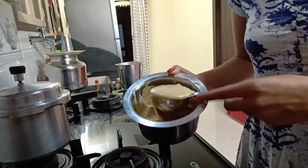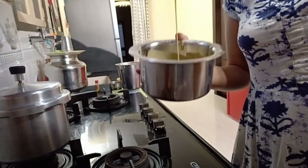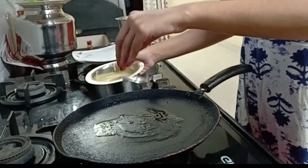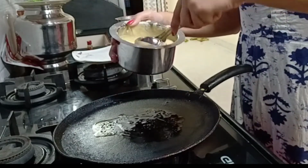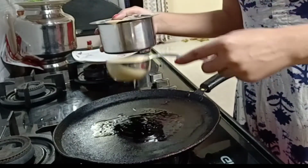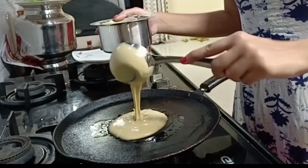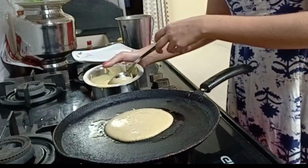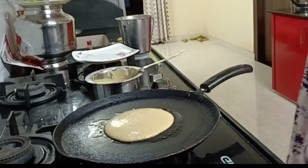Like, this is the batter, this is the consistency. Okay, I just drizzled some ghee right in the middle of the pan, and I'm going to pour the batter just like that. This has to